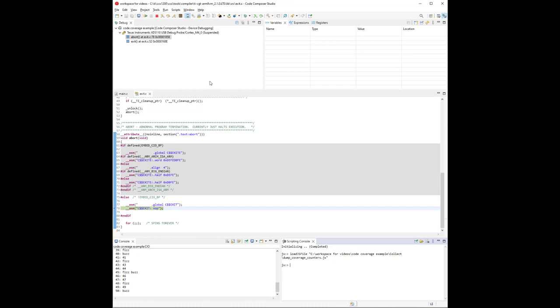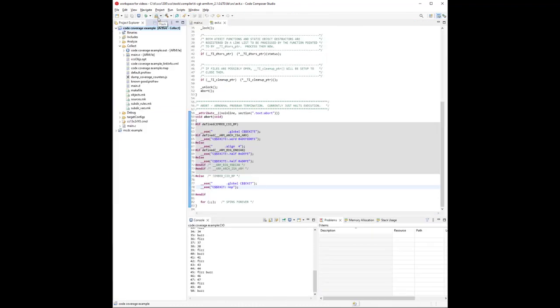Now we're ready to stop execution. We need to stop the debug session. So let's go ahead and do that. And ta-da, here it is. This file was not here before. Default.prof_raw got created by all the processes that we just completed.